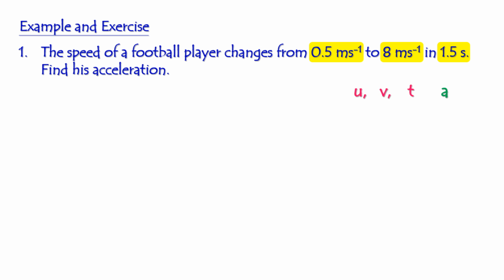Firstly, you have to write down the equation: a equals v minus u, divided by t. You have to find this unknown quantity, acceleration, and then put all the data into the equation. This one is the final speed, so 5 minus, this one is the initial speed, 0.5, and then divided by the time taken. If you put all the numbers in the correct places, then you can find out the value, which is